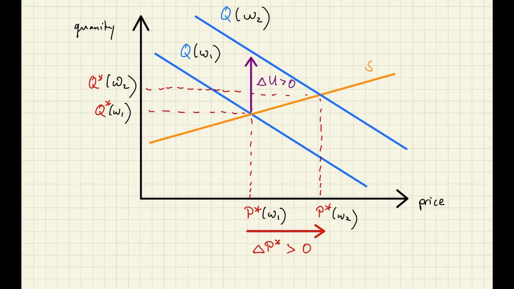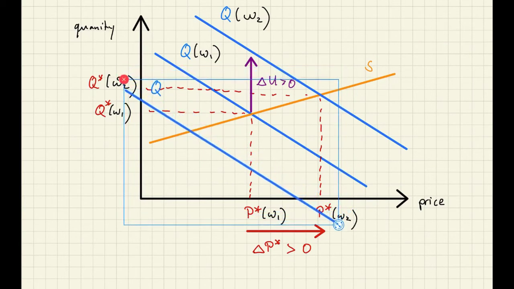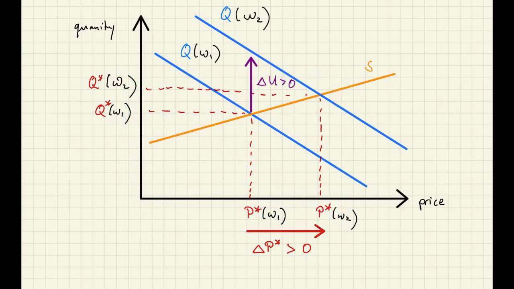A change in the demand shock will lead to a change in the equilibrium price that has the same sign. This is because our supply curve is upward sloping. So to see a lower equilibrium price, we would have to move to a market where the demand shock is smaller. So we have just argued that the covariance between the demand shock and the equilibrium price is positive, so it's not zero, and this will imply that the exogeneity assumption